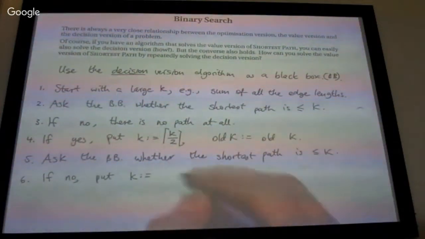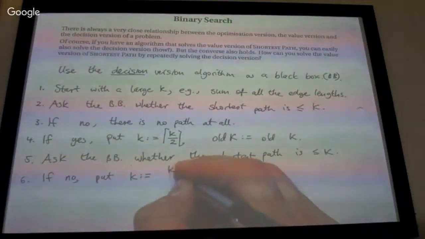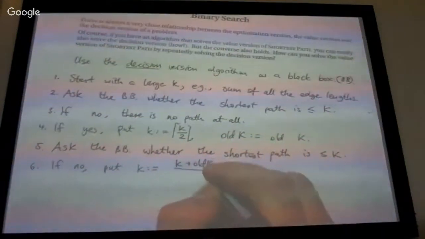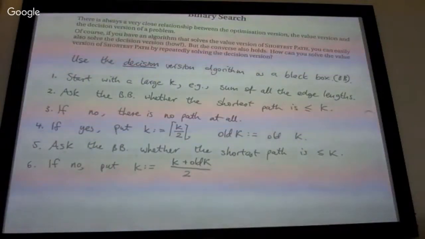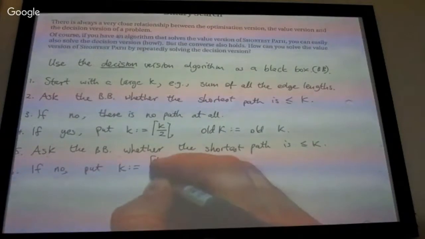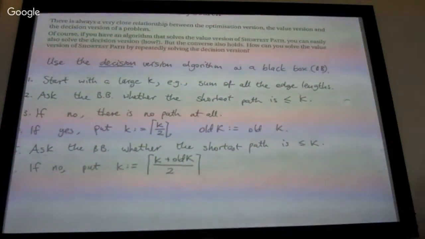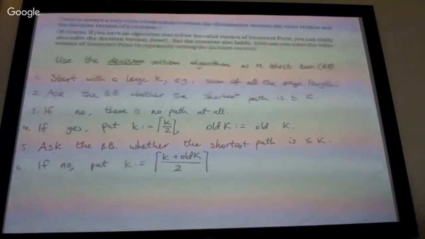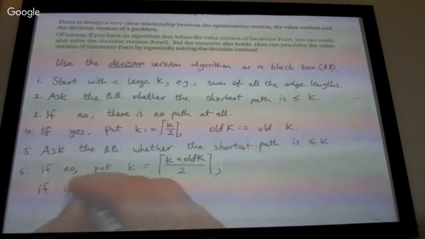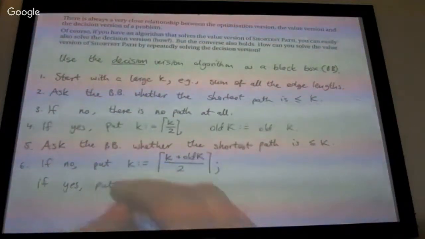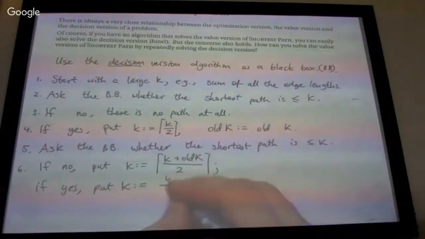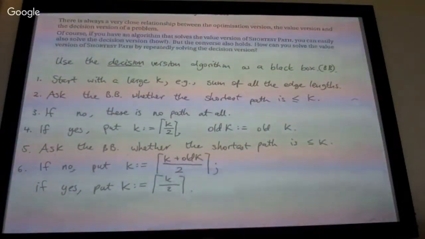So you want to take something that's halfway between the current k and the old k, and you can round it any way you want. So you round it up. I might round it down. And if yes, then you want to halve it again. So you round it in some way, and then